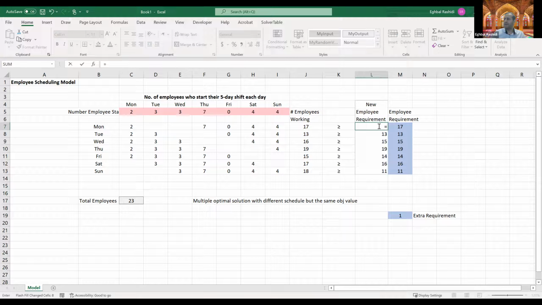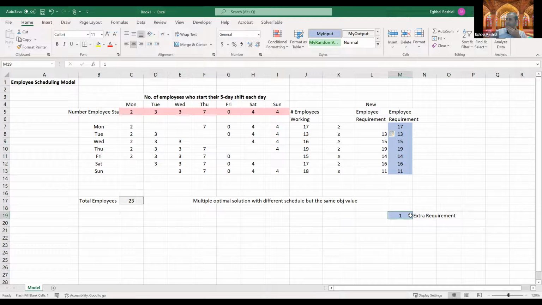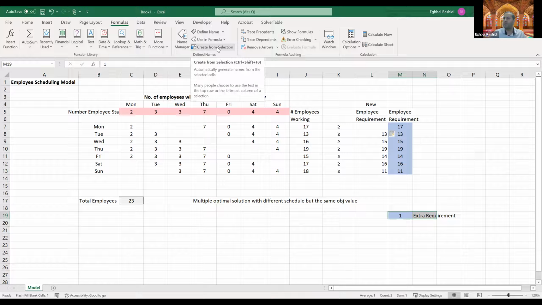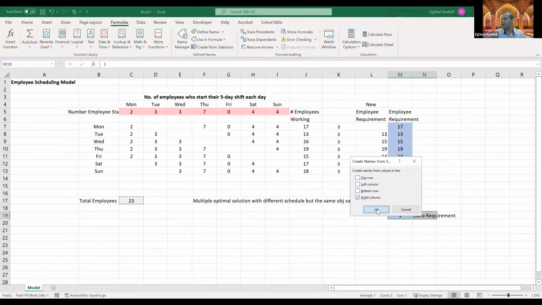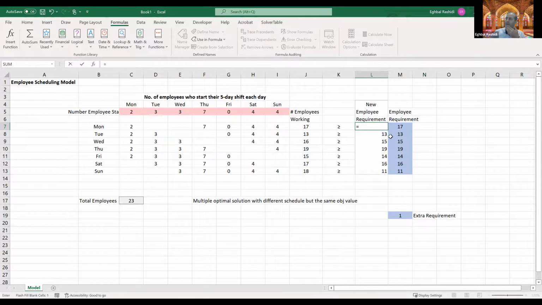Now, instead of 17, I want it to be 17 plus 1, or whatever value is in the extra. So first of all, because I want to copy and paste it, I'm going to use the range name. So I'm going to use the formula create, right? So now I named this input cell as extra requirement. Now I'm going to say this cell for Monday has to be 17 plus whatever value extra I want to have. And I can now drag this down